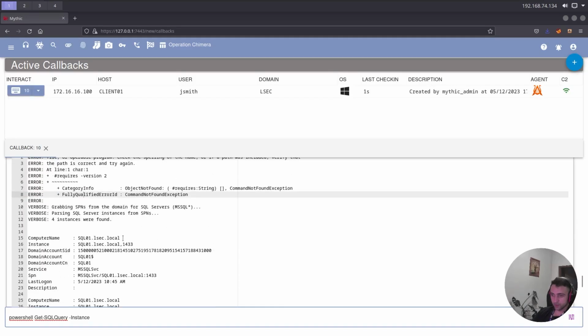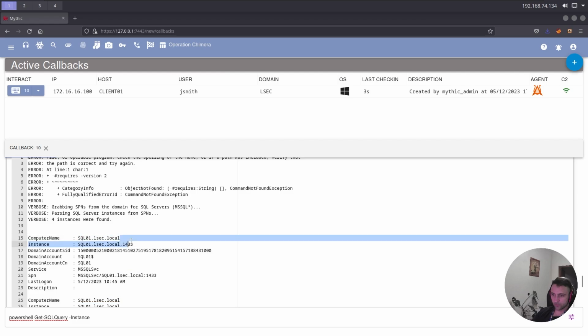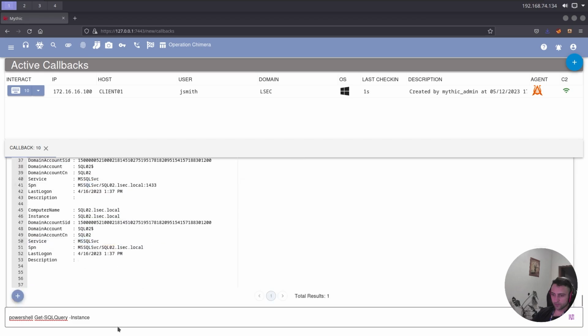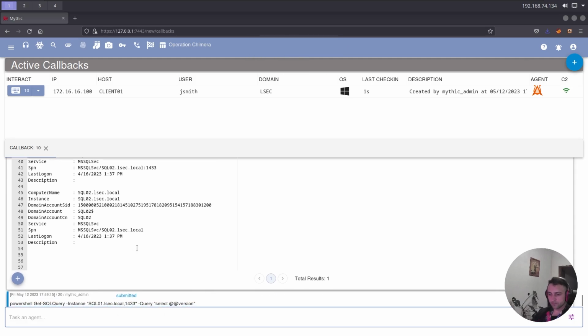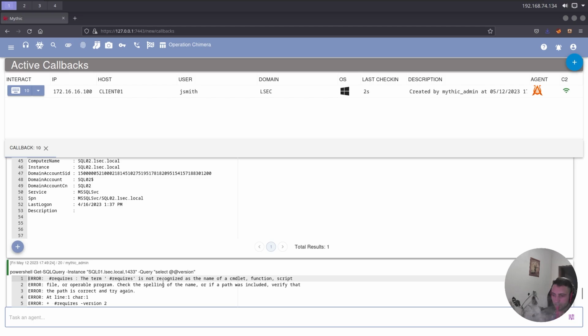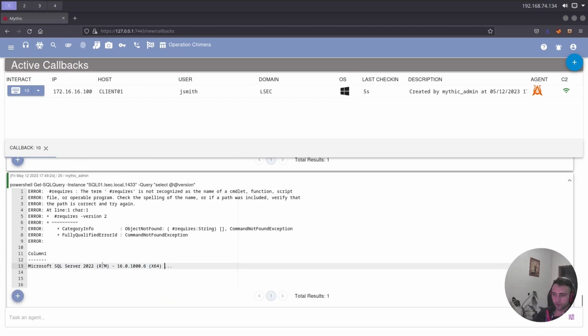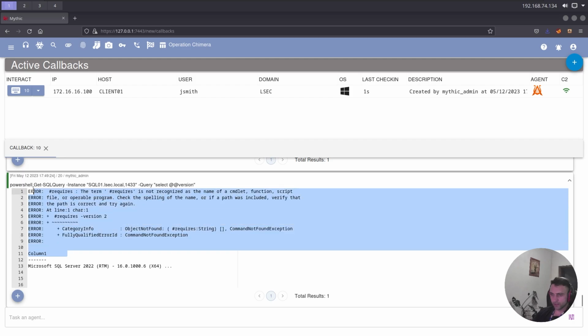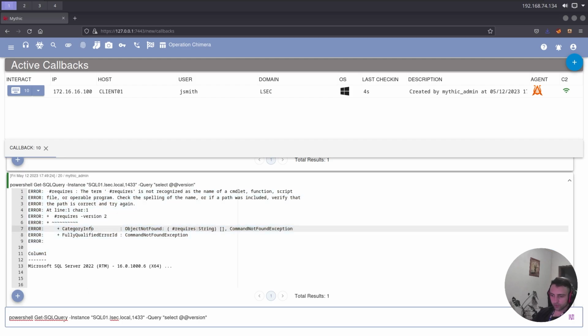So I wanted to test it, so we can do a copy of that, paste that in quotes, and do query. Let's see, select version. Alright, so we can execute queries. I'm not sure why that's erroring out, but it works. So instead of Get-SQLQuery, I'm not sure about the syntax,